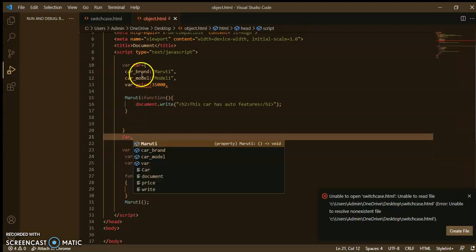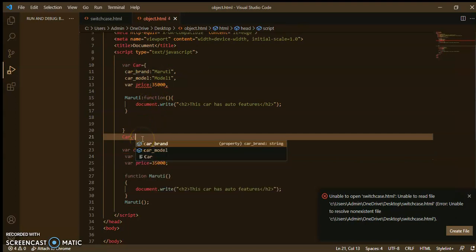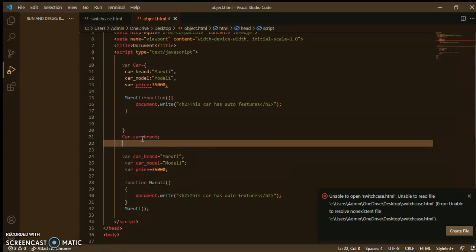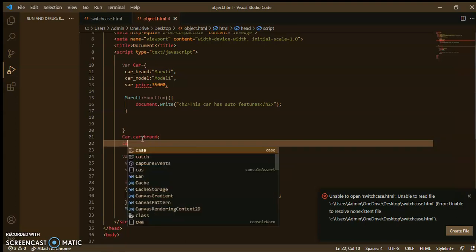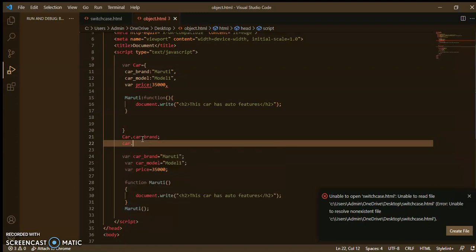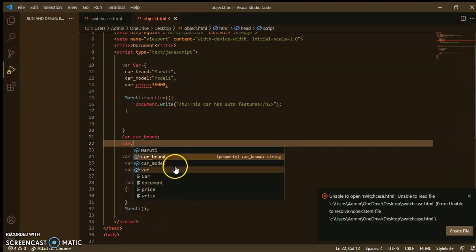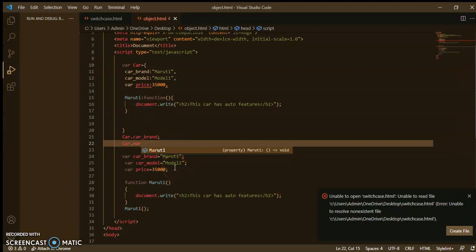Suppose I want to access the car brand, then write car brand. If I want to access the function, then car dot the function name Maruti. So Maruti, like this.